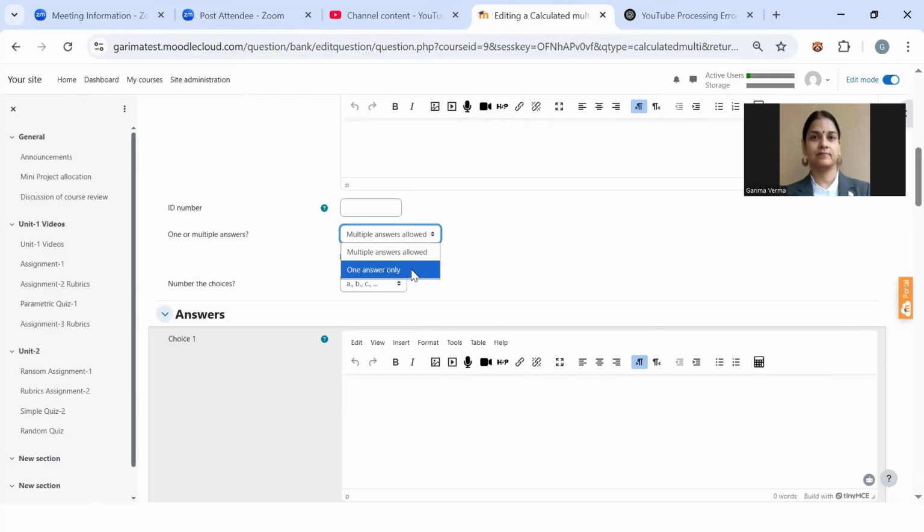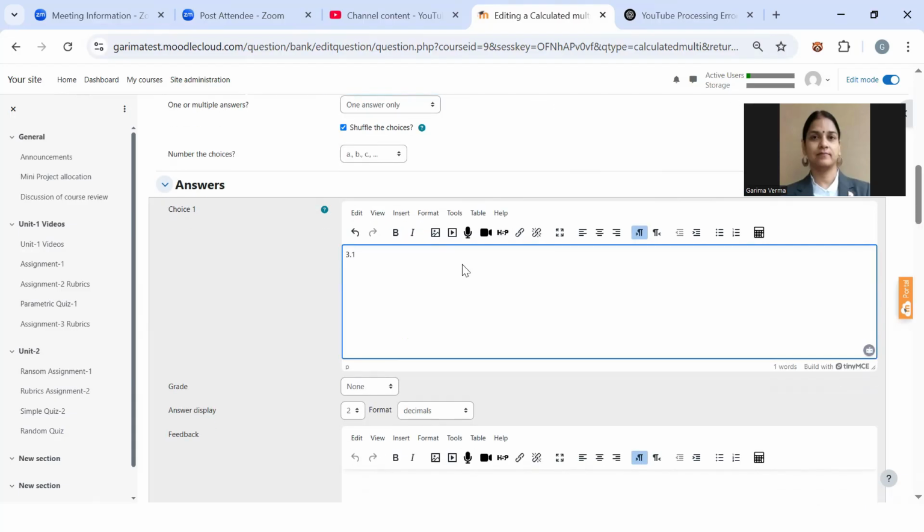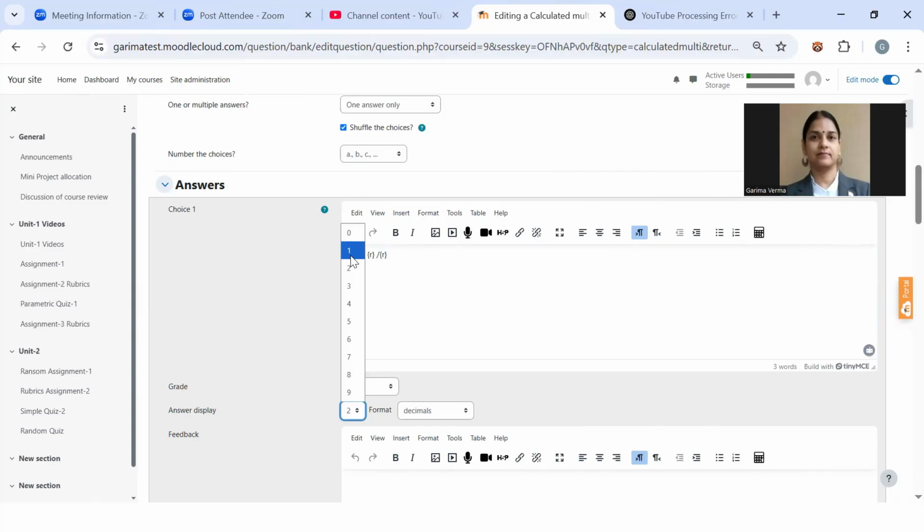For now, let's keep it as one answer only. And choice number 1: the formula is 3.14 multiplied by r divided by r. This is my first formula, and obviously it is wrong. So grade is none, and I am making it 1 decimal place.